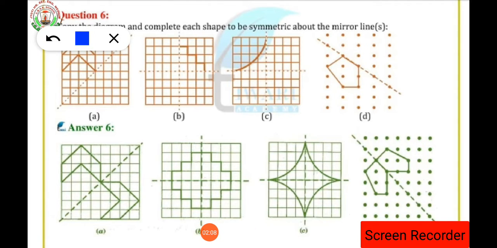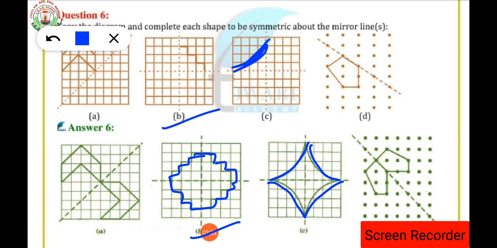As we have the question in the B part, this one is the answer. Here you have to draw a zigzag path in order to complete the diagram like this. Clear student? So take your pencil and draw the diagram. Here in the first quadrant a half curve is given, so you have to complete the curve in the other segment like this. Clear? So in this way you have to draw the diagram as it appears in the question.